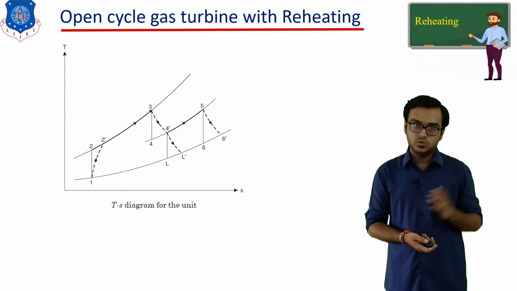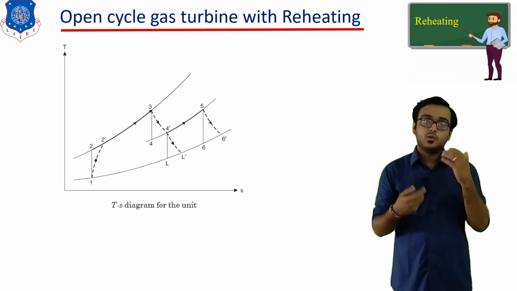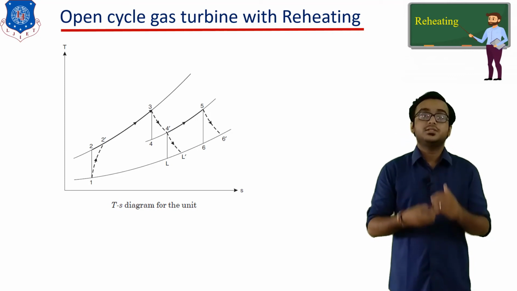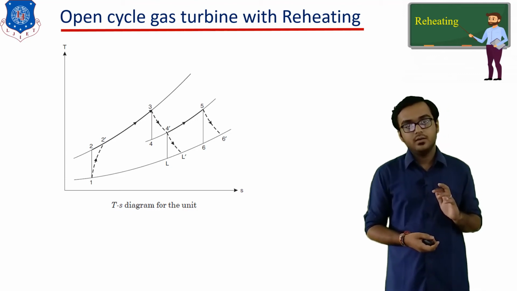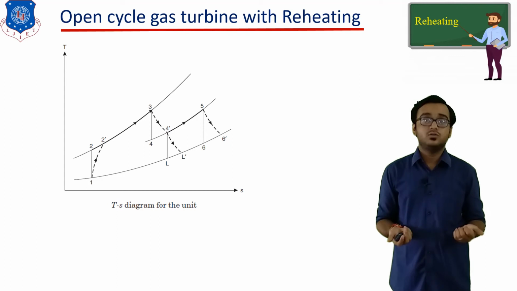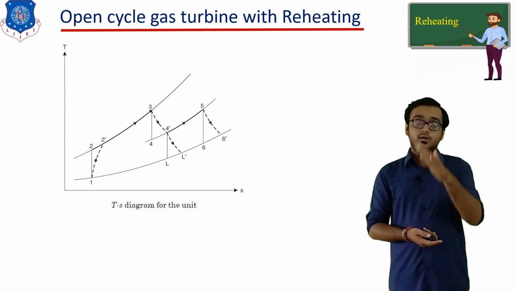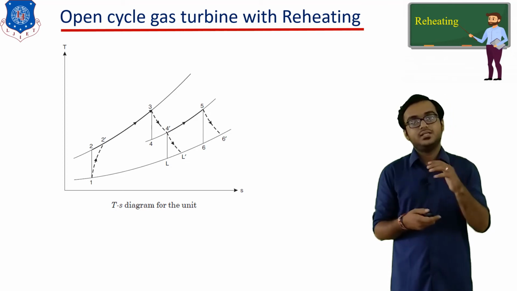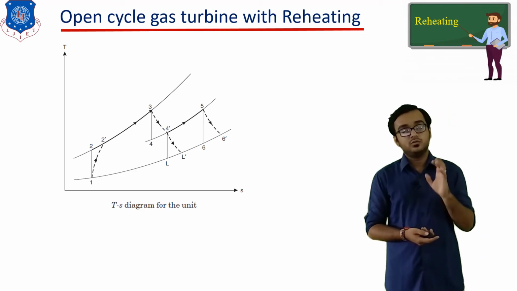Okay, then 6 to 1, or we can say 6' to 1, is the process during which whatever gases are expanded from the low pressure turbine are directly thrown to the atmosphere. And the pressure of the atmosphere obviously remains constant. So you can say points number 6', 6 and 1, these 3 points are on the same pressure line, and that pressure is nothing but the atmospheric pressure. Okay, clear up to this?